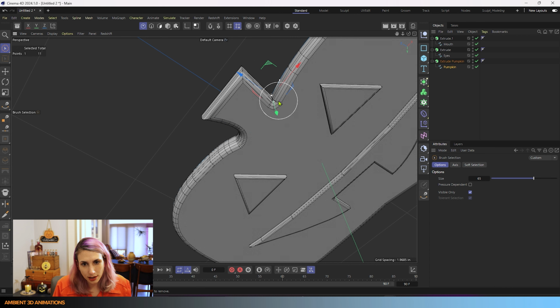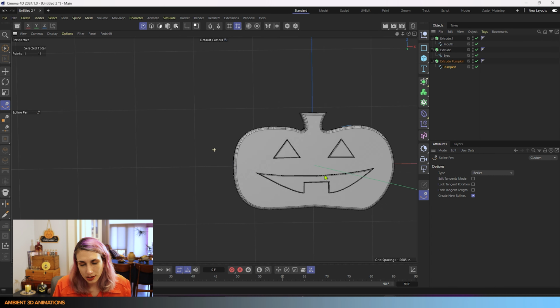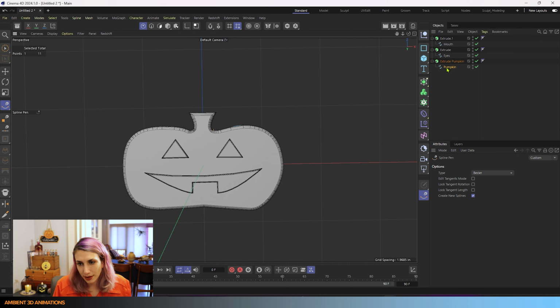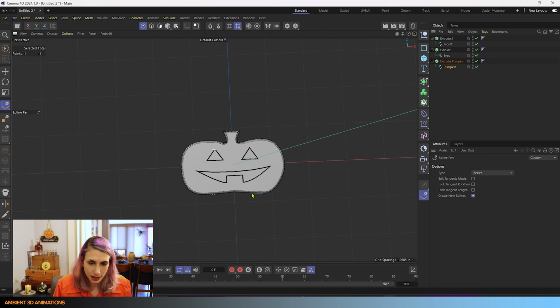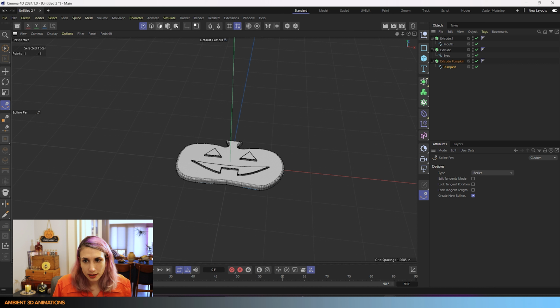Nicer geometry there. I'll also click on this other point. And this time I'll double click on it and it made it a nice, smooth, soft tangent. So we have options on how we do that. And now we have a pretty happy looking cookie here.